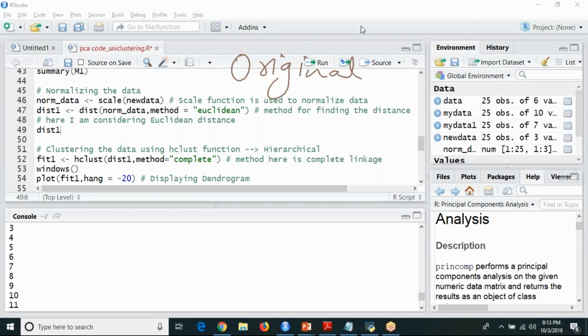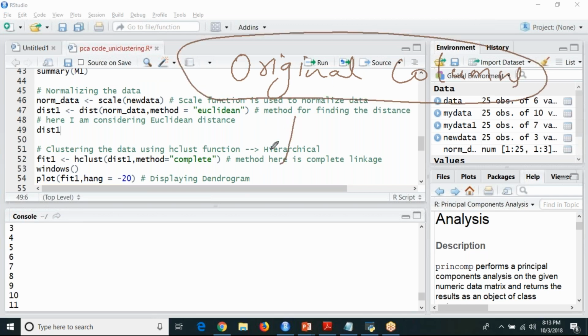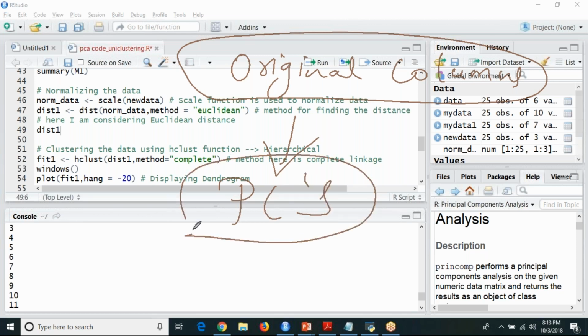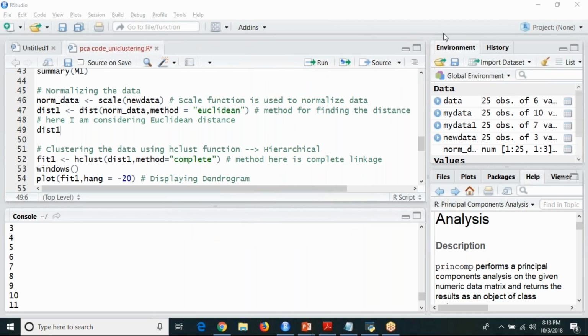No, you're using normalized data, scale data. No, it is not normalized data. You are using your principal component scores, PC scores, PCA data. So don't call it normalized data. You should call it PCA data, your principal component data.